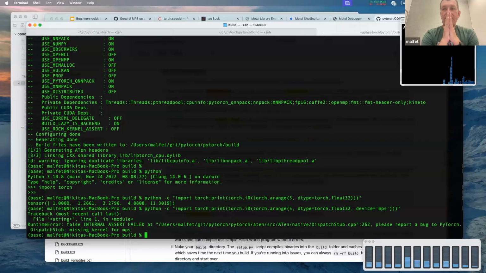Okay. So dispatch is missing for kernel MPS. Nice. So that's a good sign. We changed the error message from not implemented to dispatch is missing. Now let's implement a dispatch. But first let's find where it's implemented in the associate and native